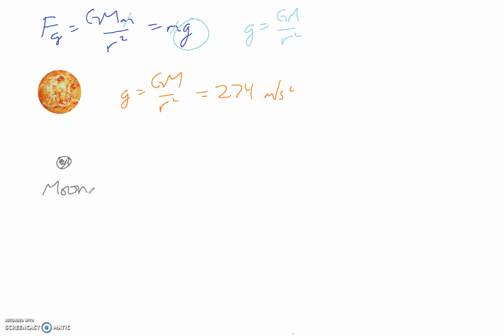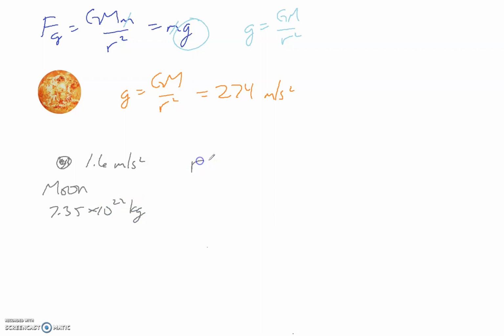So if we take about 1/6 of it, the moon has an acceleration of about 1.6 meters per second squared. Well, if you know the mass of the moon, which is on your sheet and is about 7.35 times 10 to the 22 kilograms,